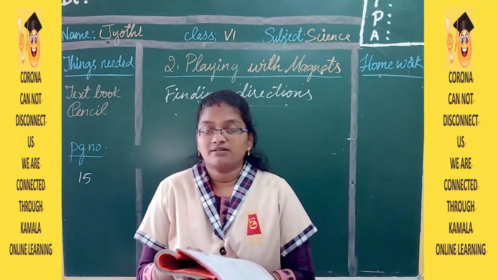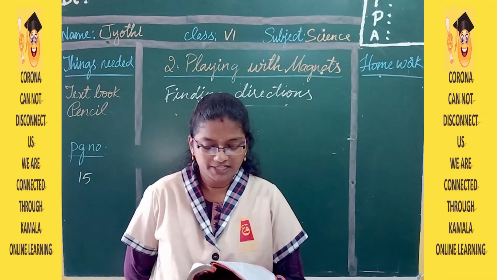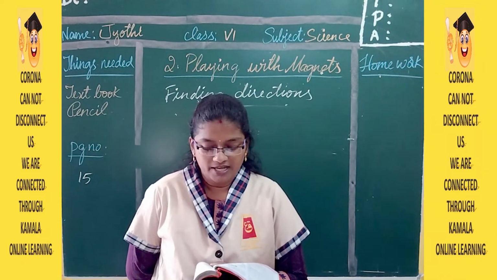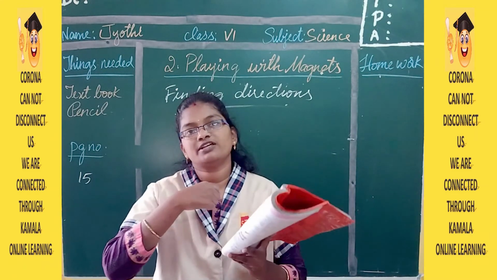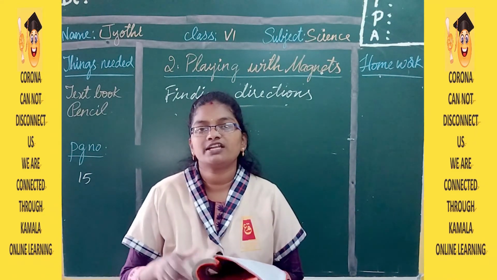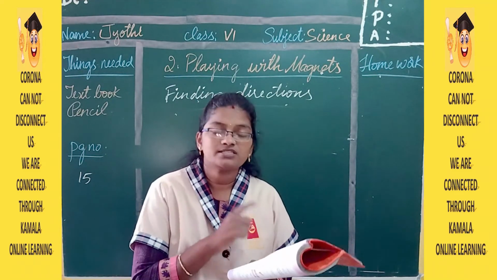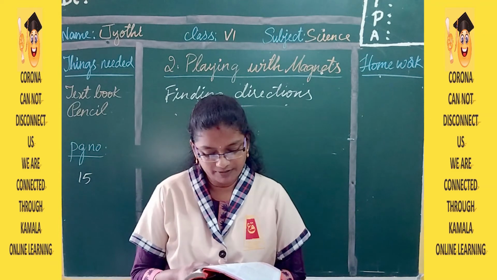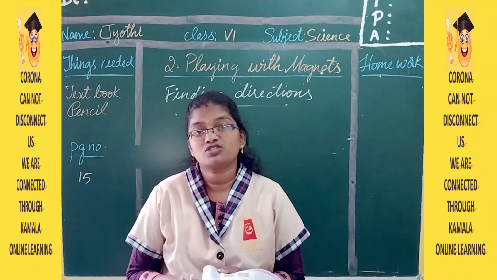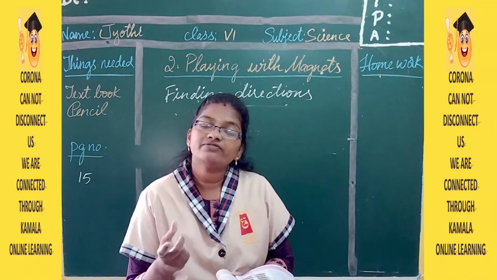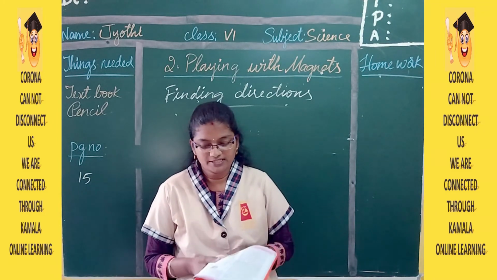So mountaineers and sometimes army people also carry a compass with them so that they do not lose their way in an unknown place. Sometimes they go away continuously and they forget in which direction they have come. So in such cases this compass is going to help them. So don't play with a compass and magnets together. So what will happen if we put a compass and magnets together? Let us see in the next session.